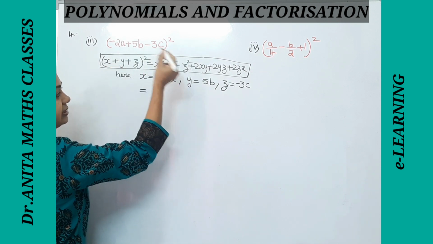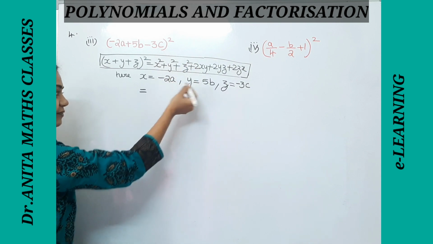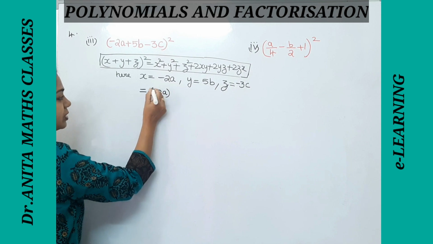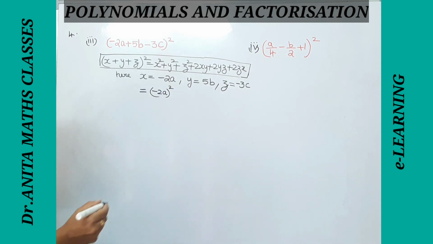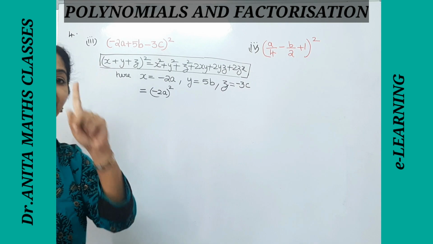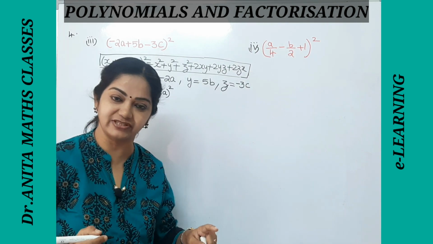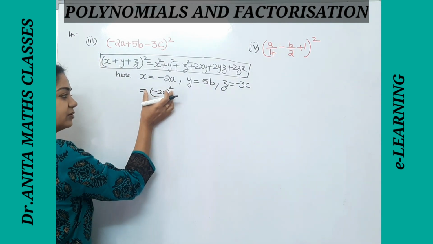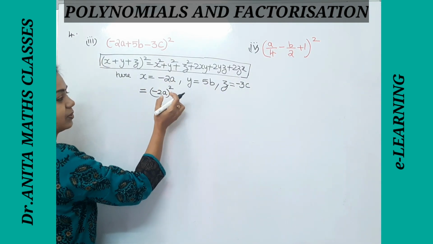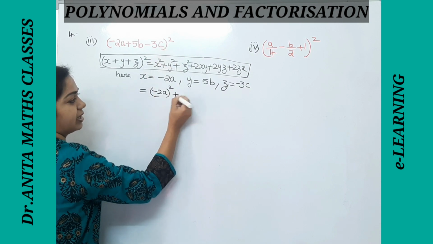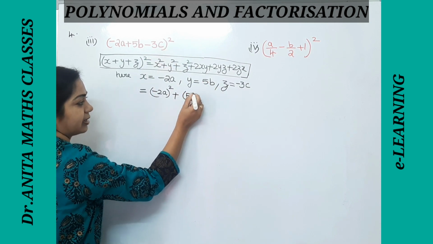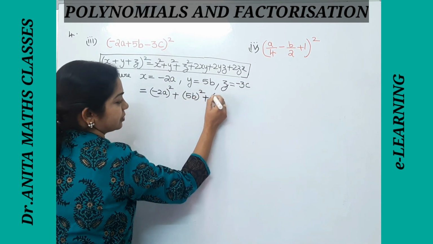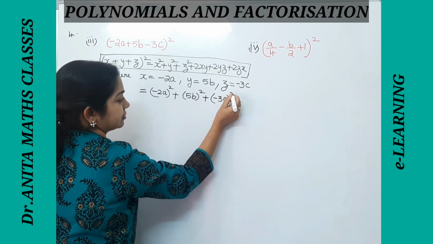Now this identity is giving us x square, y square, z square, which we will expand. Now x square is (minus 2a) whole square. Why am I writing whole? Because the x term is one term, but it has a negative sign as well as 2 and a, the terms are clubbed. So for the complete thing you have to write square. Now y is also two terms, so let me write a bracket, (5b) whole square, plus z square is (minus 3c) whole square.